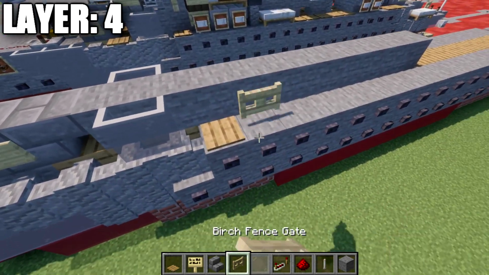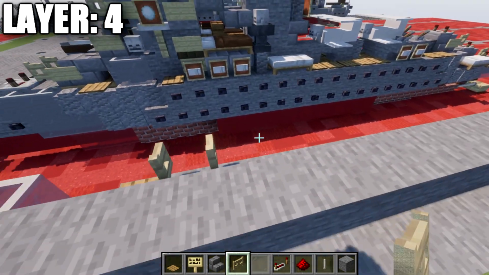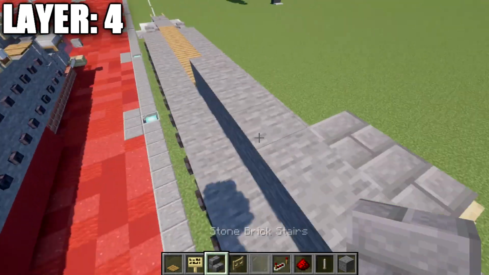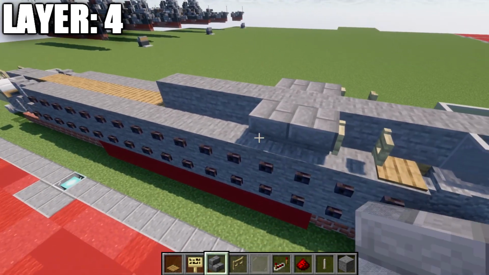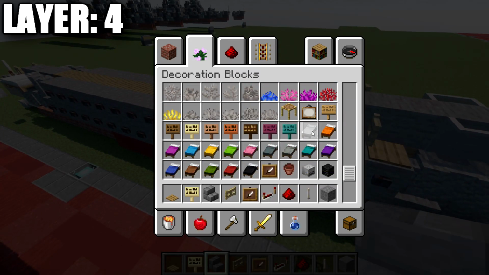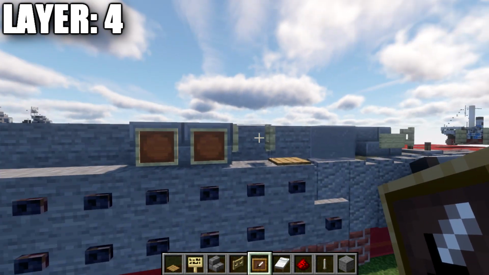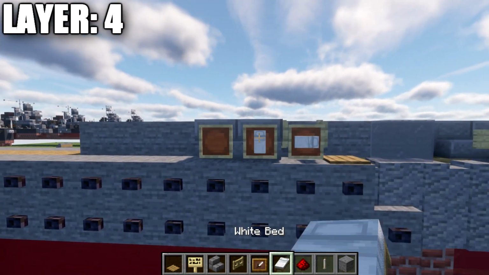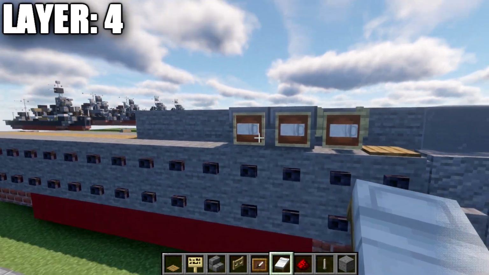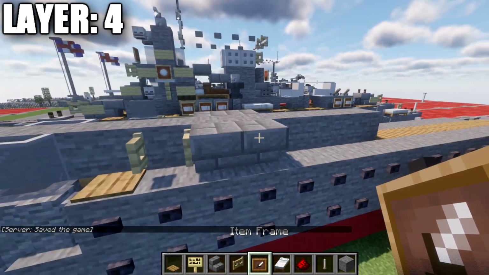We're going to go then place down a birchwood fence gate like this, open to the sides, on both sides. And then we want to place down 2 stone brick upside down stairs, again, on both sides. We'll take some time now to grab an item frame, and we will also need a white bed. We're going to place down 2 item frames on the stairs and also an item frame on the fence gate. We'll place down white beds in those item frames and rotate them so they face horizontally across the side of the ship. Same thing will be done over here,